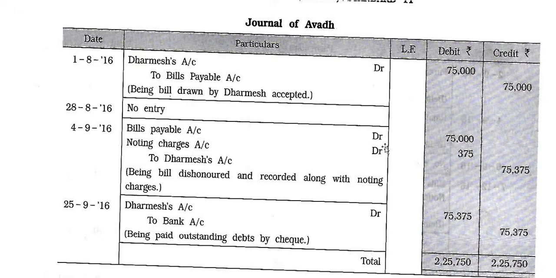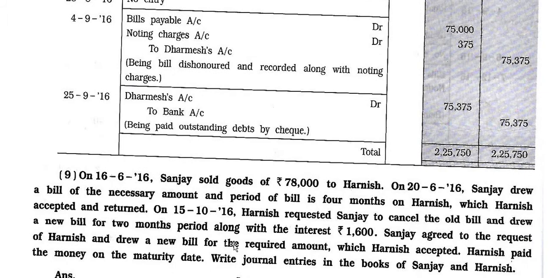4/9/2016. Bills payable account debit 75,000, noting charges account 375 to Dharmesh's account 75,375. Being bill dishonored and recorded along with noting charges. Dharmesh's account debit 75,375 to bank account 75,375. Being paid outstanding dues by check. Now,